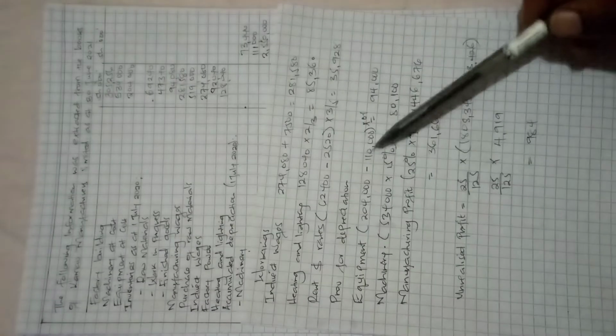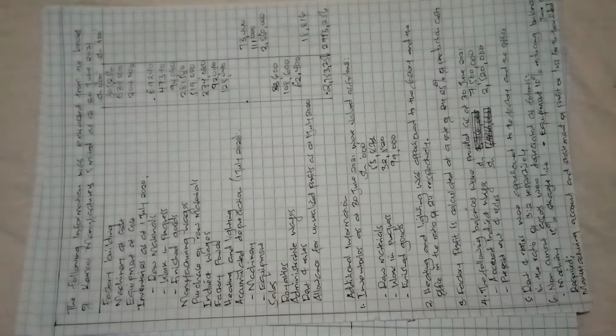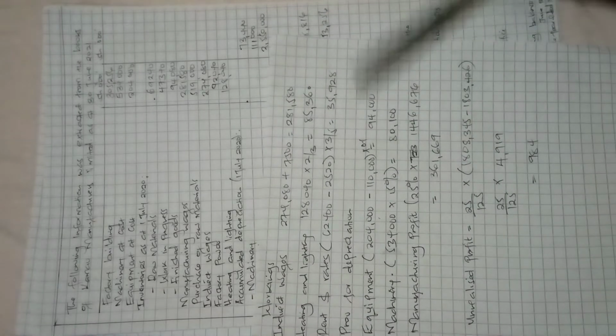So that's why you have what? 204 minus 110,000. Then you get what? You have your, what do you have here? It's at 10% reducing balance. So times 0.1, or rather times 10%, you get